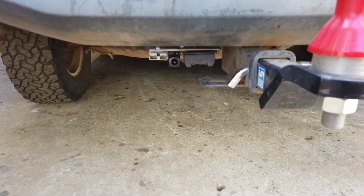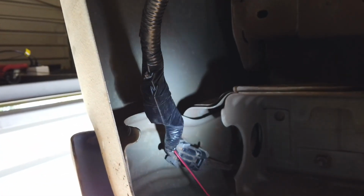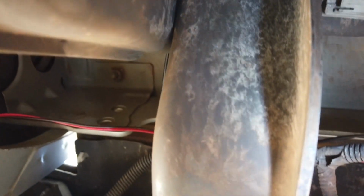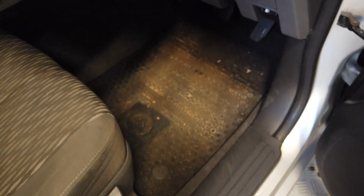So that's the reverse camera. Once it's all done there, it's just sitting in between the trailer plug and the Anderson plug. It's fairly tight. You can see the tow ball too. Underneath you can just see we've run it back along, and it's connected into our rear tail lights over here, and then the main RCA cable has been run along on top of this chassis rail, and then it's popped up under the grommet, into that grommet, under the seat, and then behind it. So that's sort of the end of the